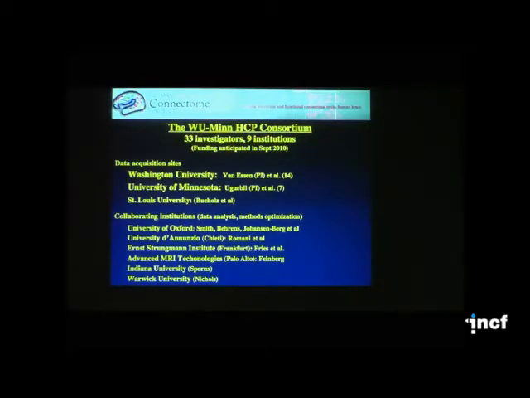So NIH has indicated it is anticipating to award 2 grants, the larger of which we expect to come to the WashU, Minnesota, or WUMIN consortium that altogether has 9 institutions and several dozen investigators, but led by data acquisition at WashU and Kamil Ugurbil, the other PI at University of Minnesota.